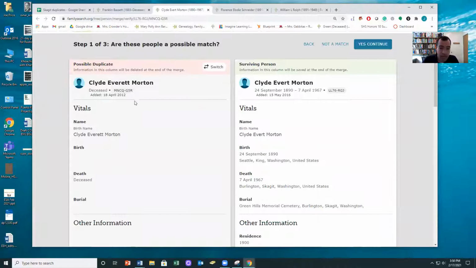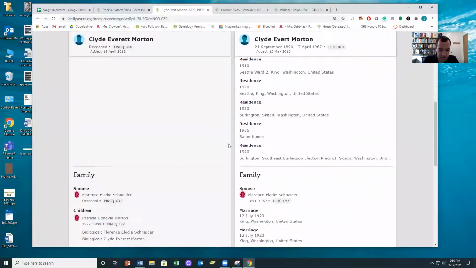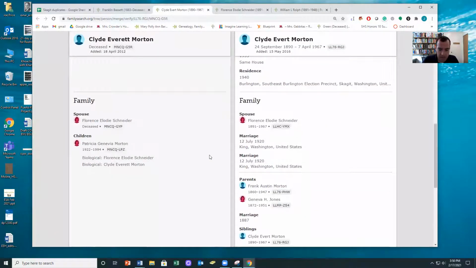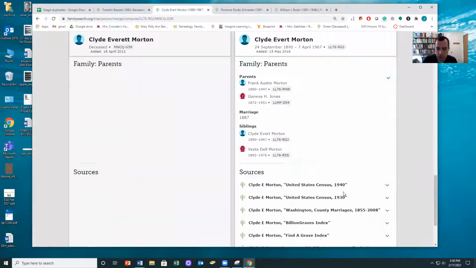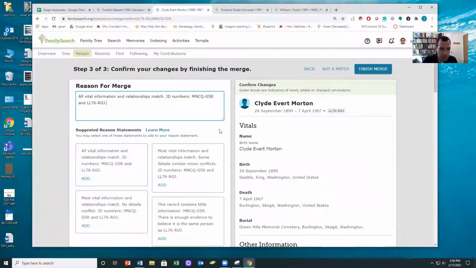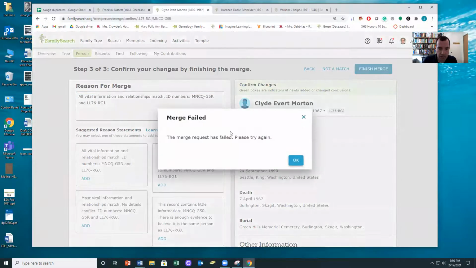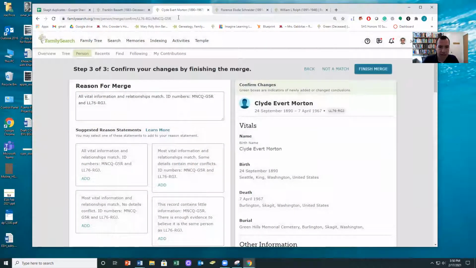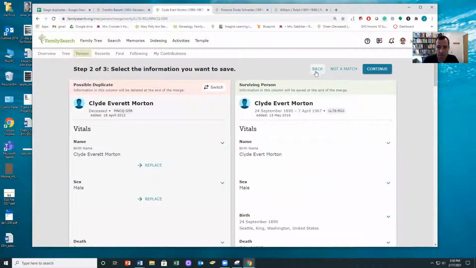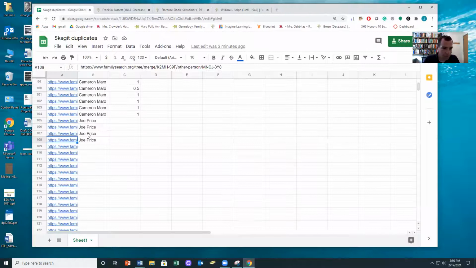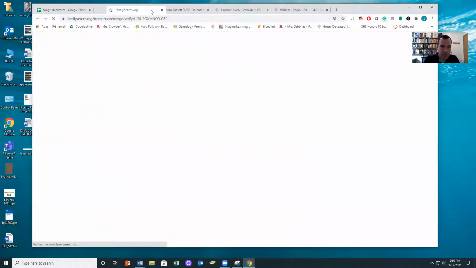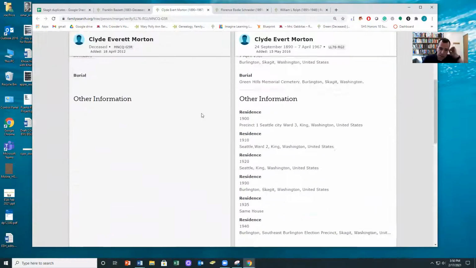So here's the husband of that person we just did. You can see that the spouse matches. Now one thing, we'll see if this causes any trouble. Sometimes I find that when I merge the spouse, it'll cause just a little bit of a problem. Here's what you need to do in that case, and maybe FamilySearch will fix this, but in the meantime, all you need to do is go back and click that one again so it has a chance to refresh. So let's try this now.